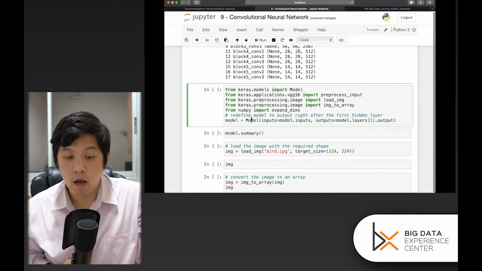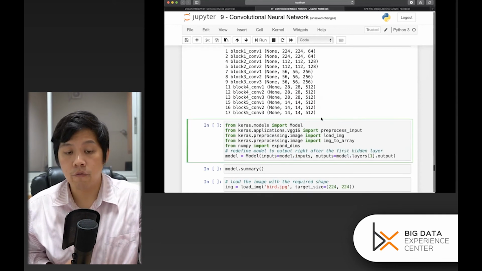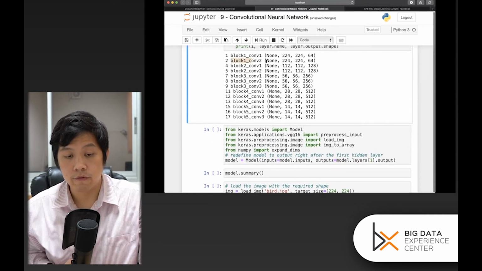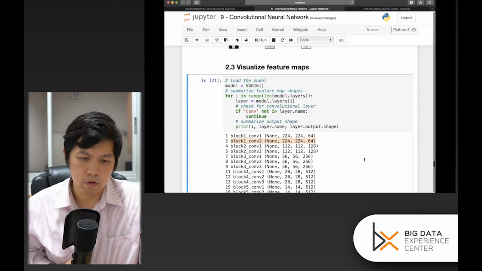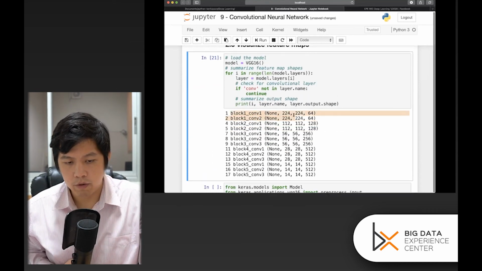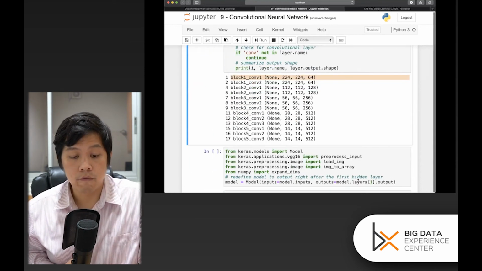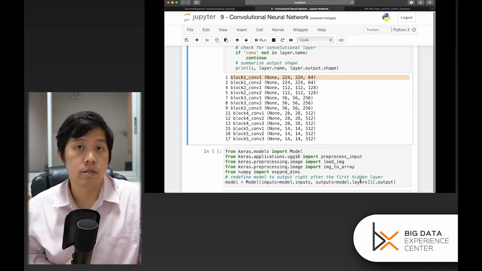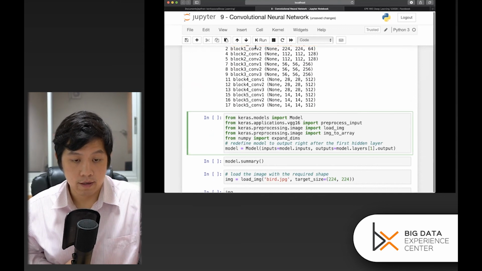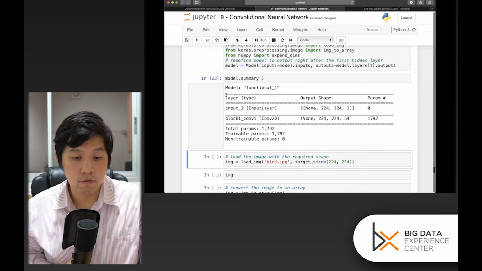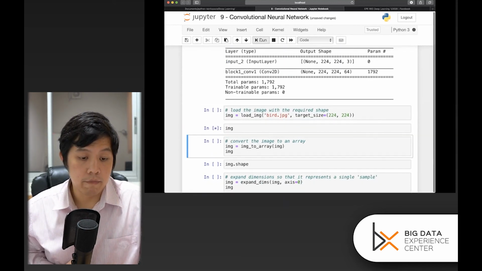and put it here, a model interface, saying the input is model.input, and the output here, we reconfigure it to be just the first, actually the second one. The output of model layer 1, actually model layer 1 is this one. After the first layer, we will get the output of things after the first layer. So then we will see the feature map of the data, and then the summarization of the new configuration will be getting only the first layer, and load the image,